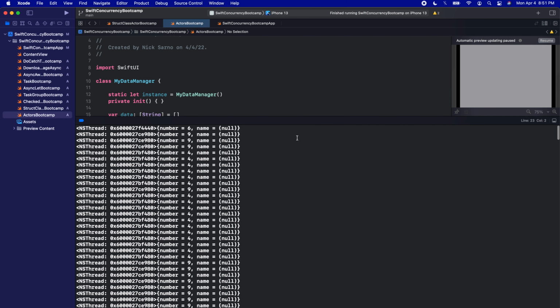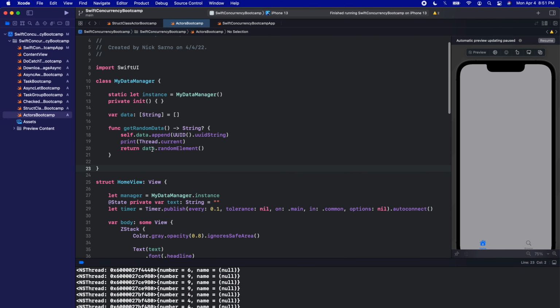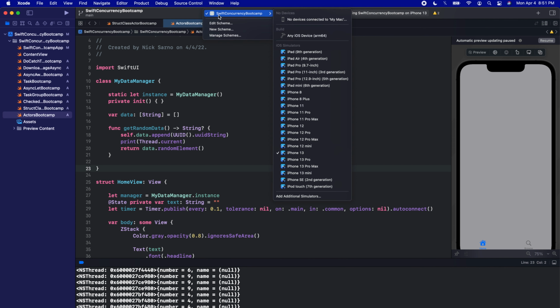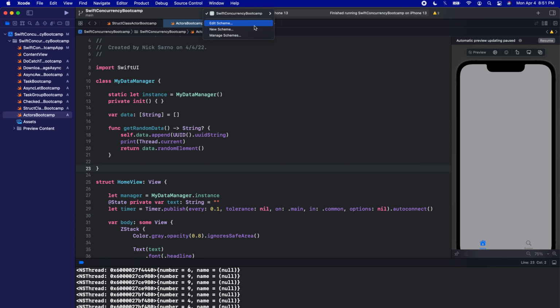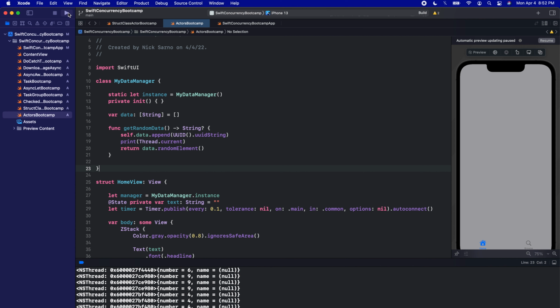And this is probably a very common situation in apps, especially beginner developer apps. A lot of times you don't even know that your app has potential threading issues in it, especially if you're not aware of these problems. Luckily, Xcode actually has a hidden thread sanitizer that we can use. So if I come up here to click edit scheme, the scheme that we are currently in, and I turn on the thread sanitizer, it's turned off by default. If I turn on the thread sanitizer, close this, and build this one more time,